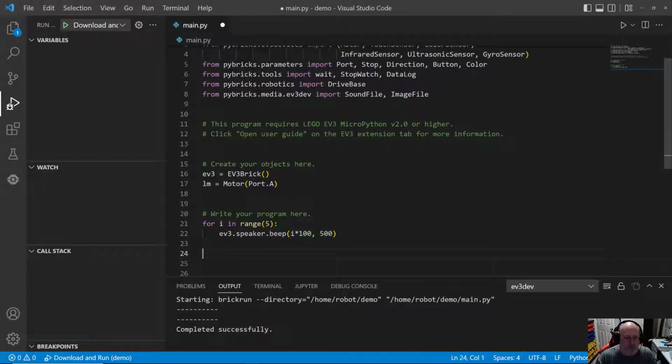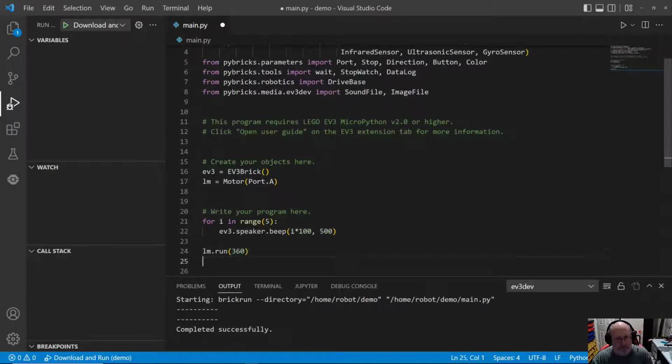So if we want it to run, there's a bunch of different ways to make the EV3 motor run in Python. I'm just going to go with a really easy, simple way right now. That's lm.run, and then the speed. Okay, the speed is in degrees per second. So if you have a circle, a circle's 360 degrees. If we tell it 360 degrees per second, it should take 1 second to go all the way around. And then what I'm going to do is I'm going to say wait 2000,